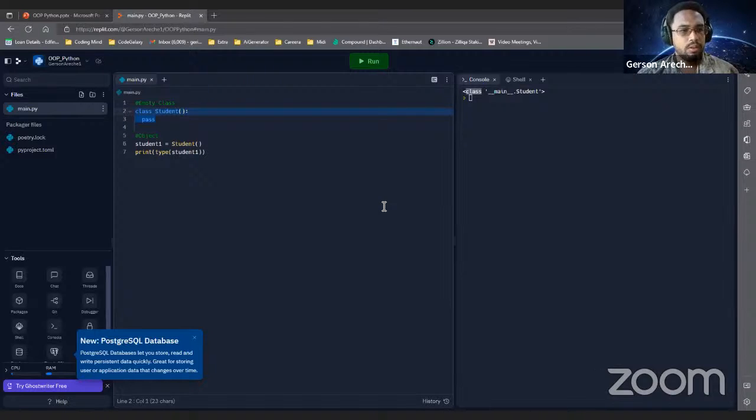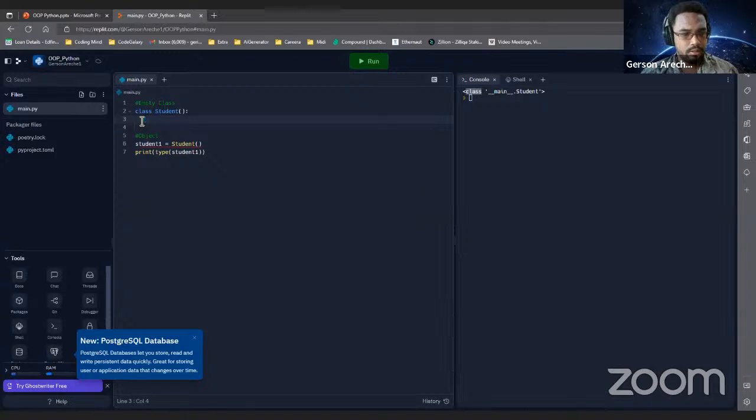So we have an object, an empty object, and we're ready to pass in some attributes. I'm going to remove the keyword pass because I don't need it anymore. I'm getting the error on line 6, and that's because I haven't added anything to my class. So if I want to add a class attribute,